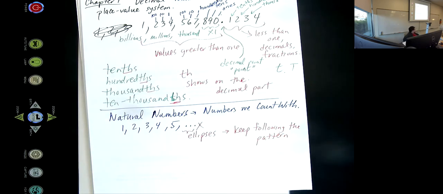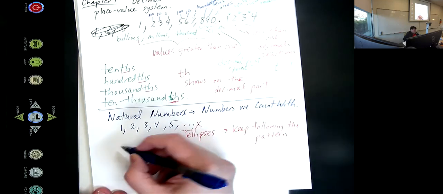So the pattern is showing a number that keeps increasing by 1. So the next number would be 6 and then 7. But it also works if we're doing something like,